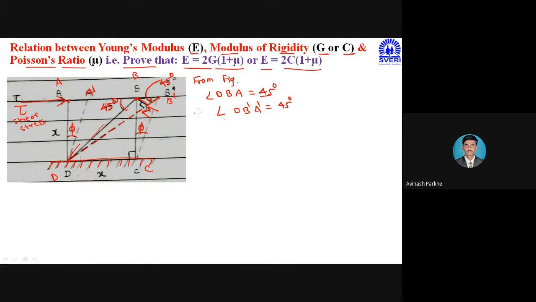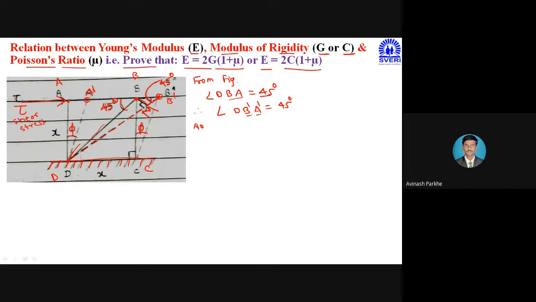But after the application of shear stress, the distortion is taking place from A to A dash, distortion is taking place from B to B dash. Therefore, you will get one more angle. Point D is common for all. Therefore, angle D B dash A dash, again it is equal to 45 degree. Only there is an extension of that particular diagonal taking place from BD to B dash D, otherwise their angles remain the same. So here also you can understand angle DBA, BA is present before application of load, and after application of force B dash A dash is equal to 45 degree.